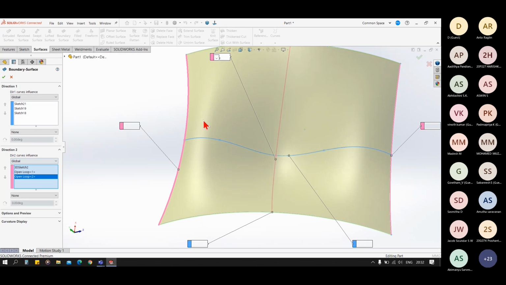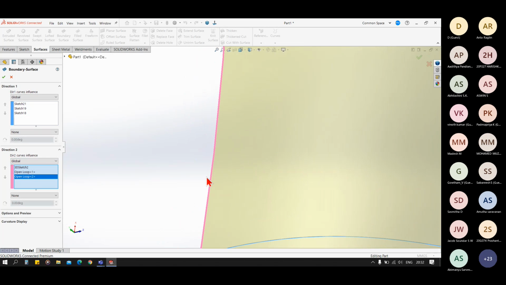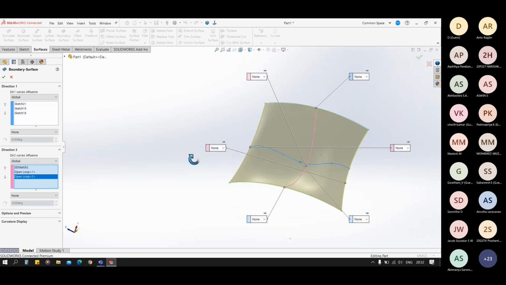Now you see there is no gap, there is no error.